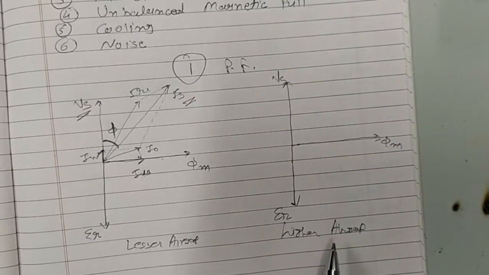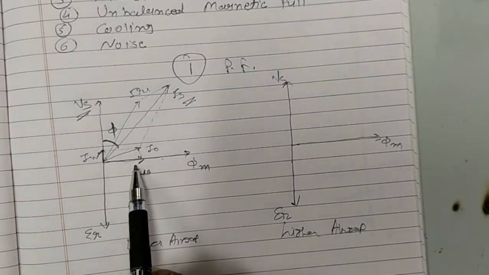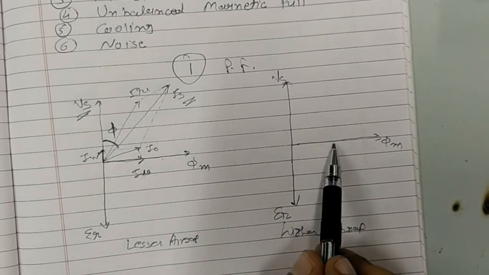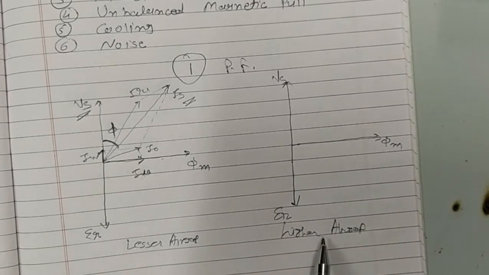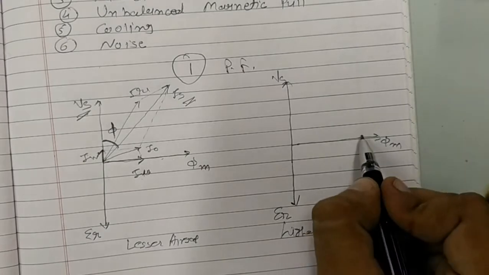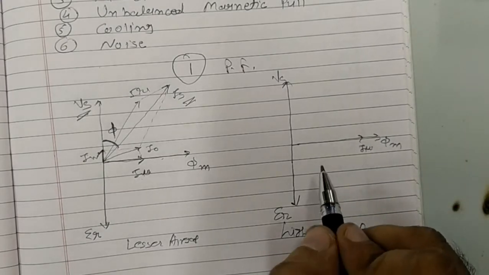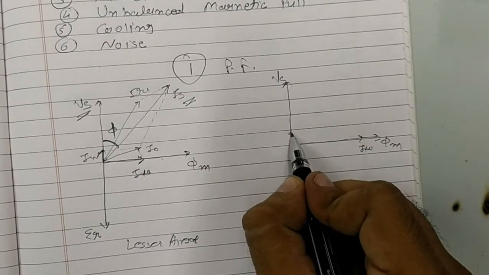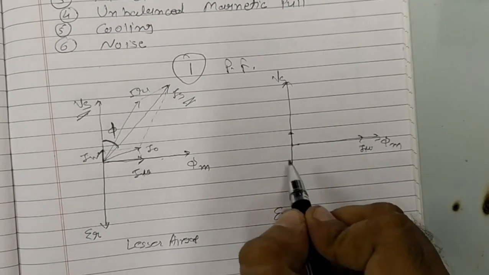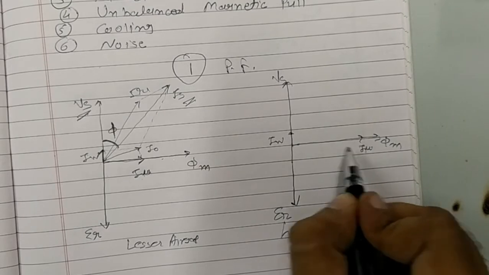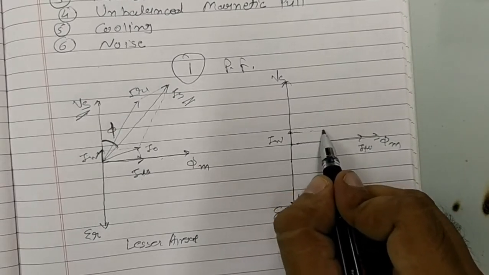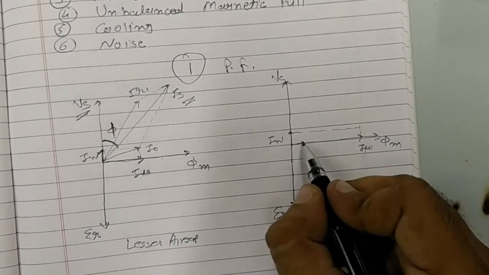Now the difference will be that I mu is lesser over here, but I mu is going to be higher over here because the length of the air gap is higher. So I mu will be somewhere over here. Let us make it a higher value of I mu. IW is going to be the same. Okay, let us say this is the IW. I mu and IW, the total or the vector sum will give me